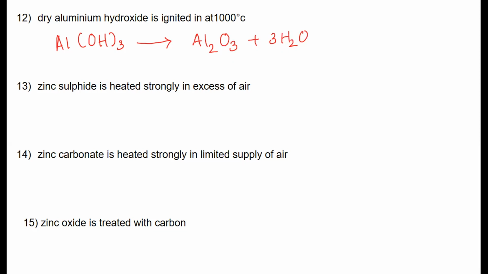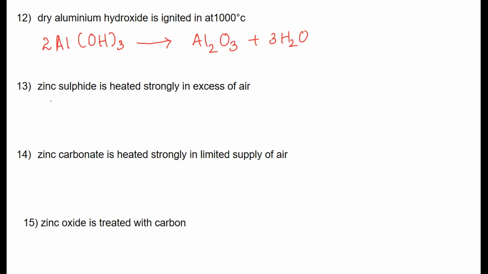Now we have to balance the equation. Oxygen 3, hydrogen here 3, here 3 twos are 6. Aluminium also 2 is there, so here we have to multiply with 2. Now aluminium is 2 on both sides. Oxygen 3 twos are 6, here 3 and here also 3, 6. Hydrogen also became 3 twos are 6. So the equation is balanced.